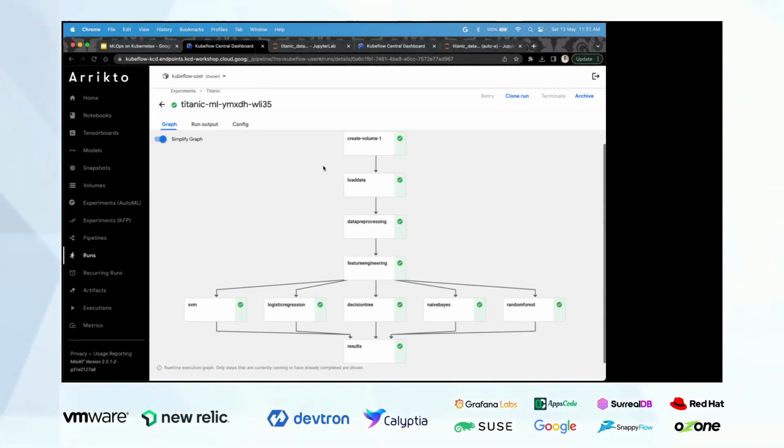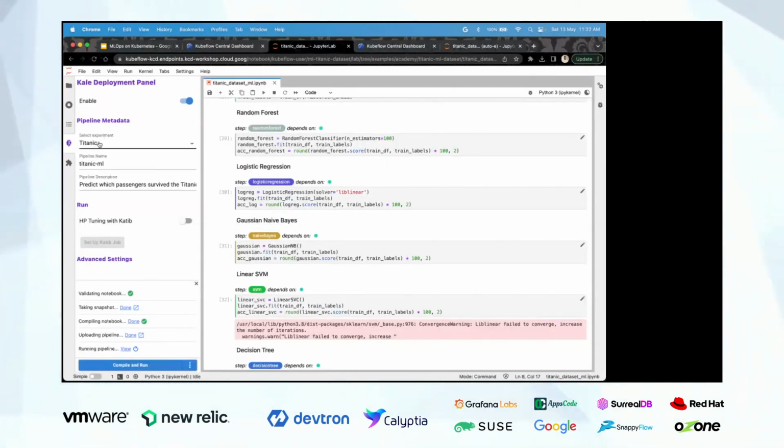That is something we have to do manually or code-wise. But over here, Kale as an extension is providing us a shortcut, a fast-tracked process which we can use. So suppose compile and save.